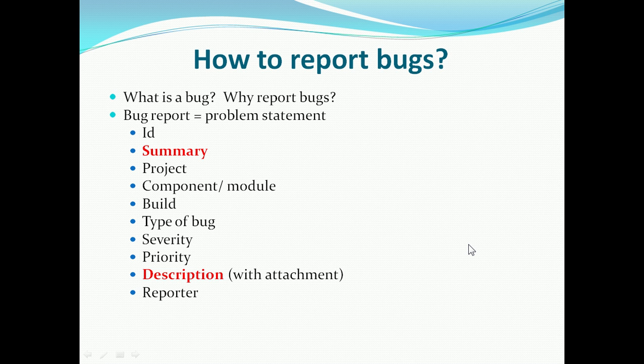Now let us see what are the different data that you have to write in the bug report. Well, the first one is the ID. Now ID is an important part of the bug report because it uniquely identifies that particular bug. Now, what is the advantage of assigning an ID? Why do we need to identify a particular bug uniquely? Well, the same problem should not be reported again and again, because that would lead to more developer analysis.